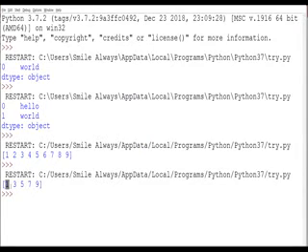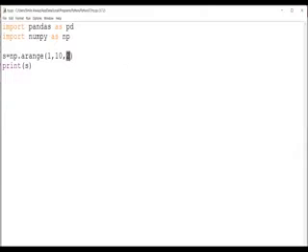It will start with 1 only, but the step is 2. So it will give you an increment of 2 every time. So 1, then 3, then 5, then 7 and then 9. And the last value is not included. So up to 9 only it will come, and 11 cannot come. Okay, so this is how we are going to create the list or the collection. Now the collection is created.